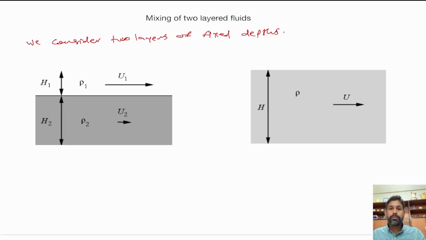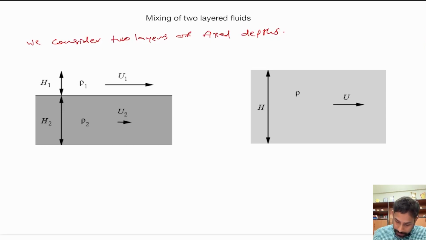Okay, so obviously in most of the cases the depths are not of fixed value. They extend to large values both vertically upward and downward. But here, to make the problem a little simplified, we will consider that these two layers have fixed depth,